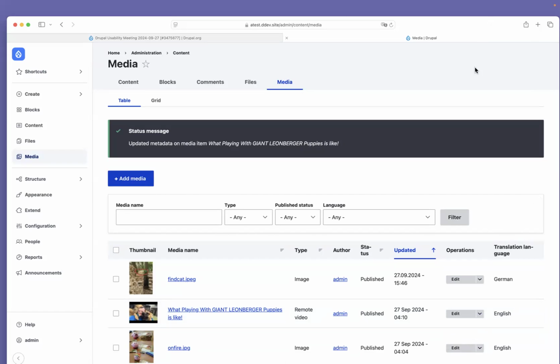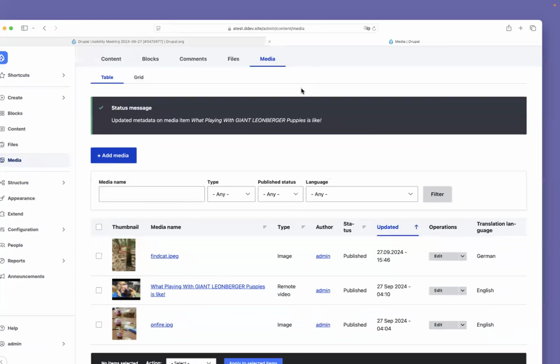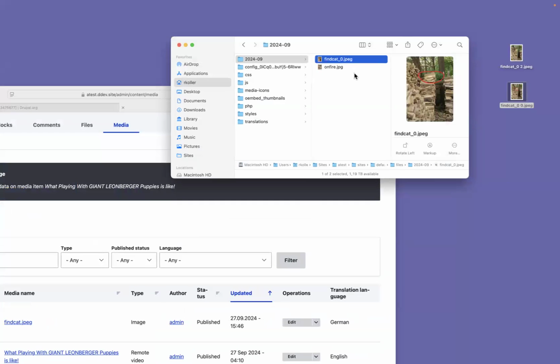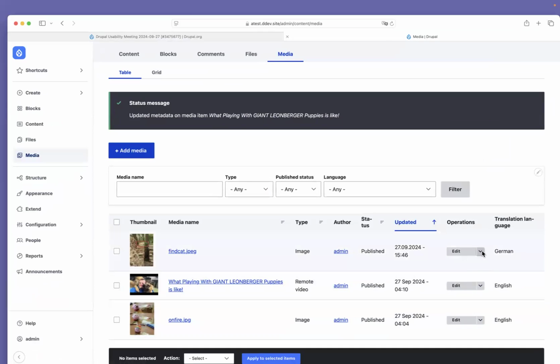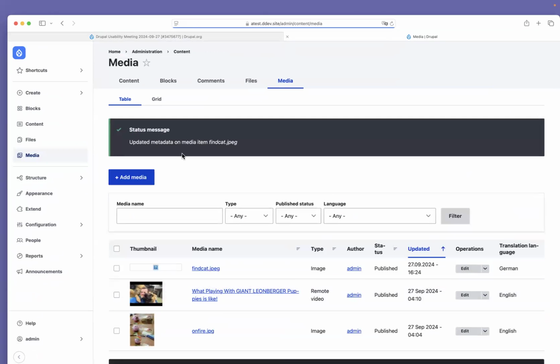And the other thing I'm able to demonstrate, if you delete the image in the file system, it got deleted for whatever reason, and then do a metadata update. As you can see, update metadata on media. Technically, it was updated because it got removed. But I think